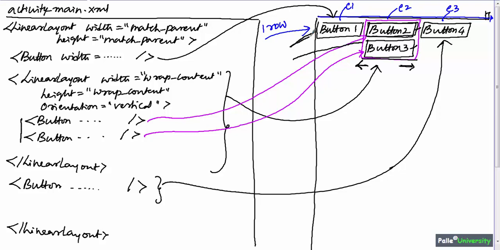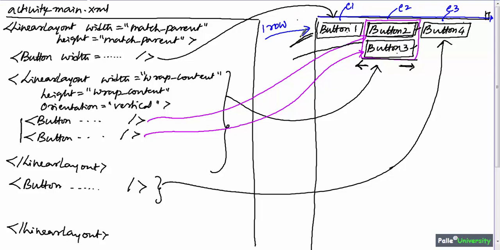In that case the first row contains multiple elements. Since the first row contains multiple elements in horizontal orientation, our first element should be a horizontal linear layout with 3 buttons. And the second row contains only one element, so for designing the second element, you don't need to take any extra layout. So our root element is a vertical linear layout.